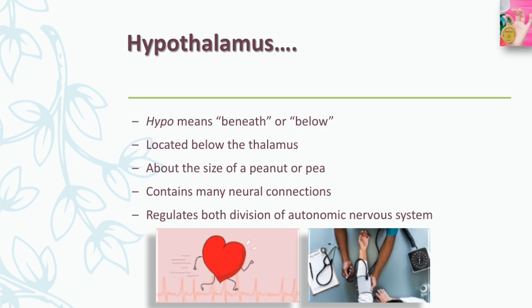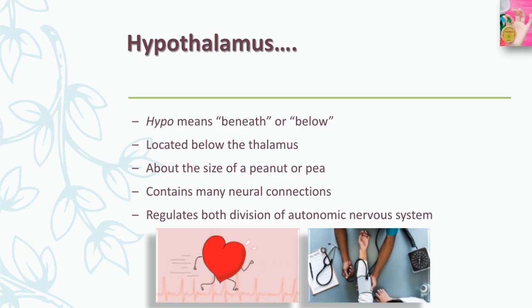Thus, we can say that beneath the thalamus lies the hypothalamus, and it is smaller than the thalamus, about the size of a pea or a peanut, and performs many functions. It is involved in the regulation of basic biological needs and drives, as we have discussed, like eating, drinking, and sexual behavior, and the regulation of basic drives such as fighting, fleeing, feeding, and mating is also